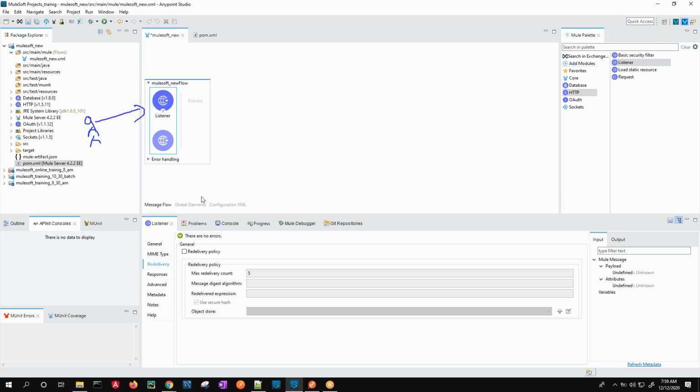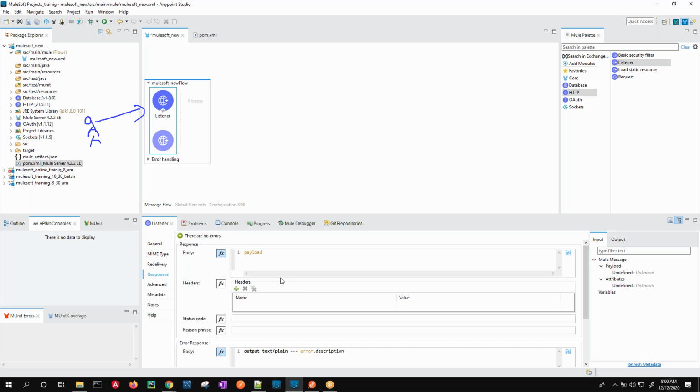So redelivery, this is particular to this flow. Just now we discussed it, right? While you're redelivering, if anything fails, it will be stored in an object store. We will discuss this object store at a later point of time. And it will keep on trying to send the data. If it even fails, it will do that until five times. Okay, that's it. And once everything is successful,